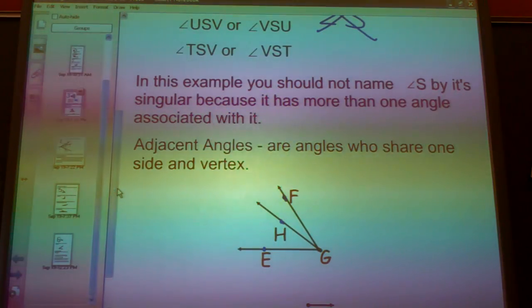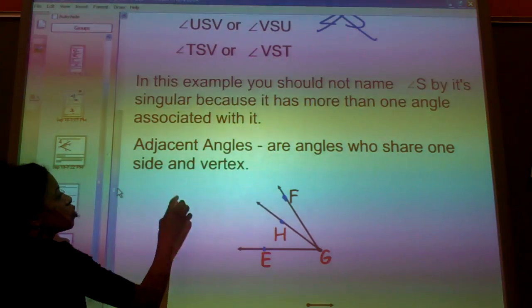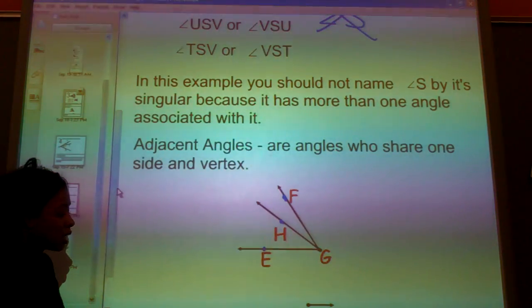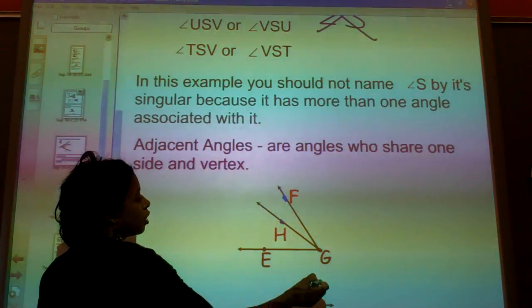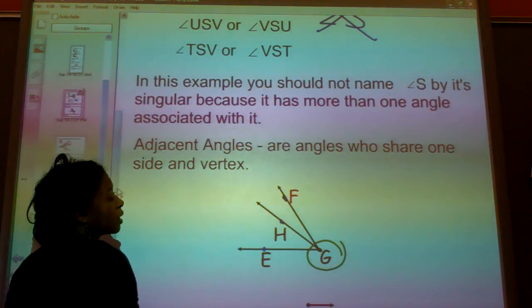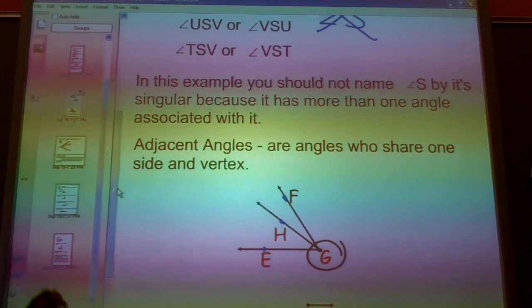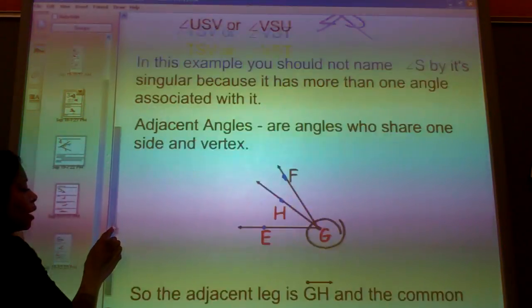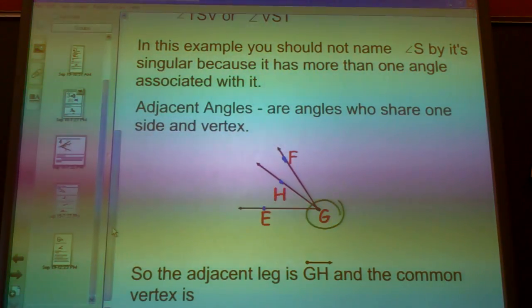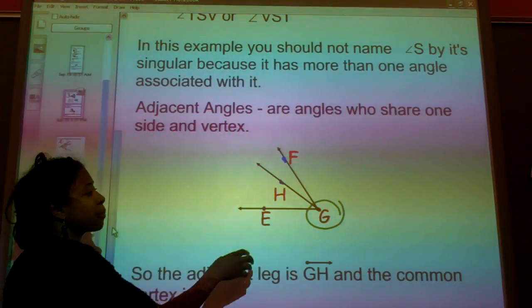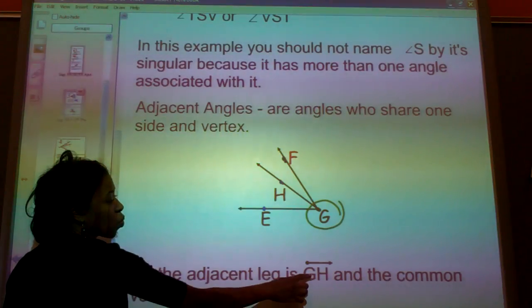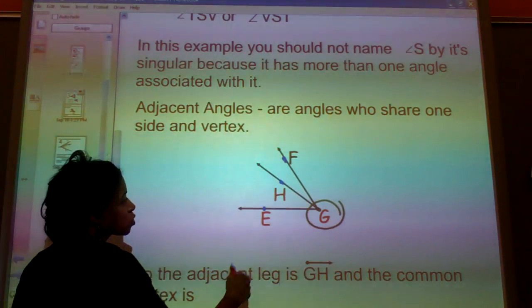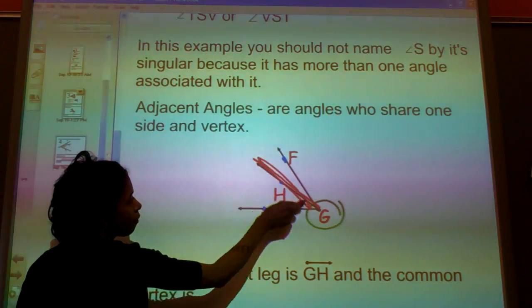Adjacent angles. Adjacent angles are angles that share the same vertex. The vertex that we're sharing here in this particular case is vertex G. And the adjacent leg that is shared between the angles is ray GH. This ray right here